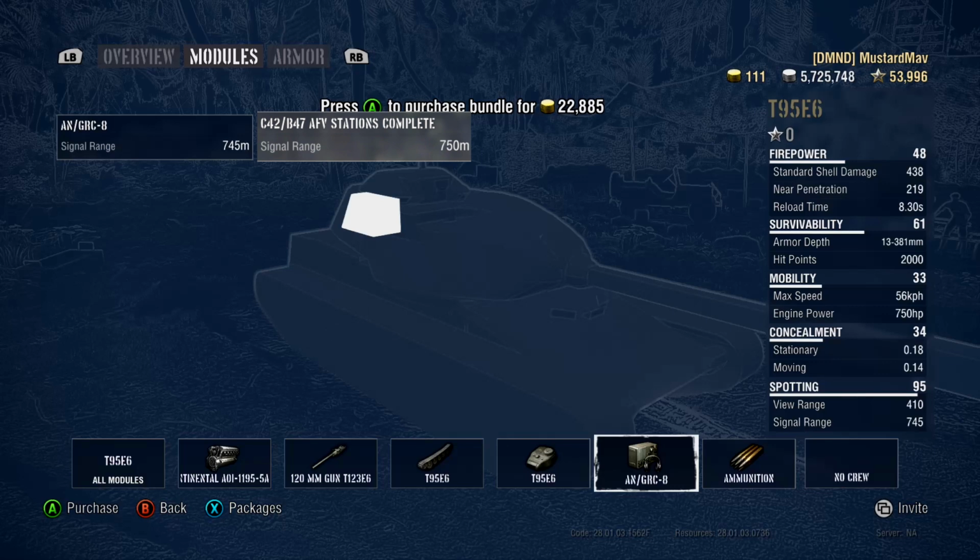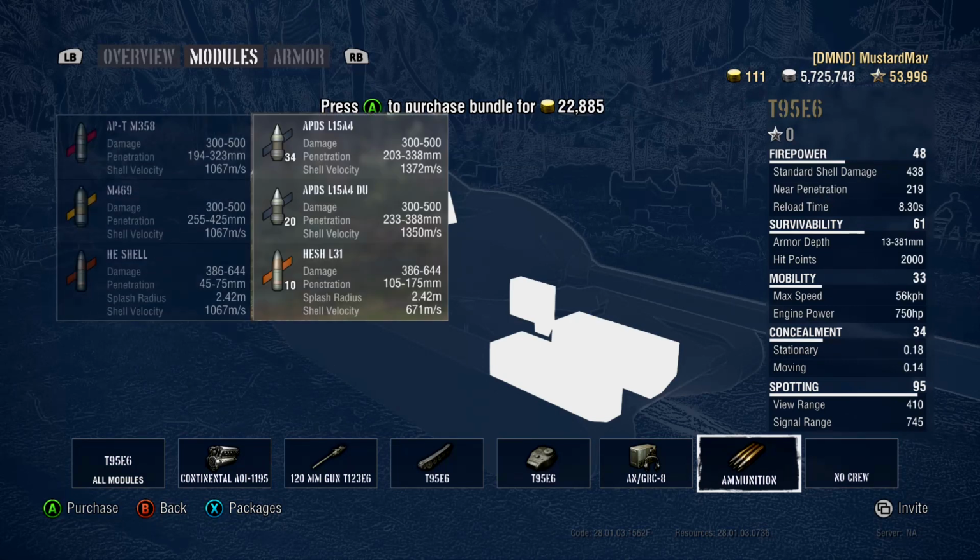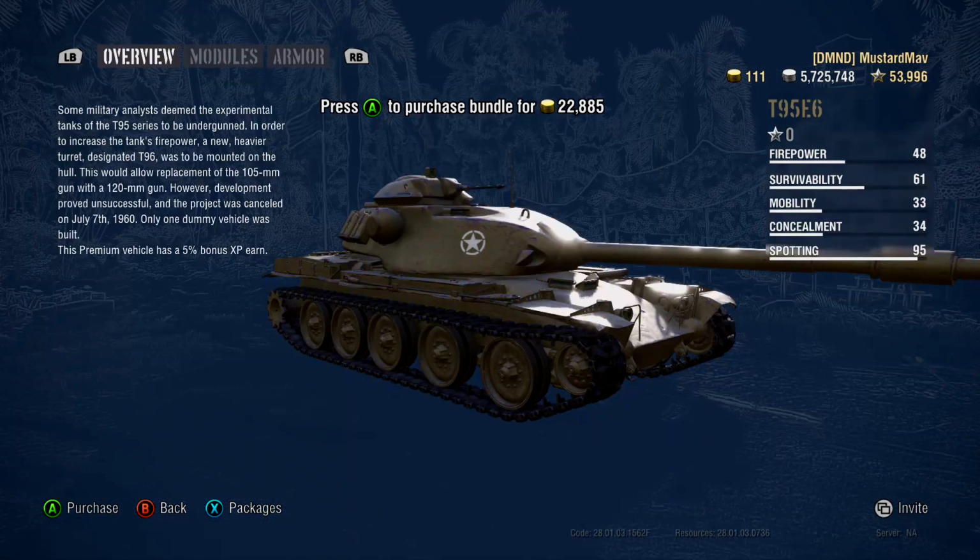Most important thing, it's only got 745 meters signal range. That's no good. Chieftain's got 750. I'm just kidding. Radio range doesn't matter. You guys know me. Interesting thing, it runs AP rounds, HEAT shells, and HE shells. The penetration on the HEs is pretty garbage, but all the velocities are 1,067 meters per second, which is pretty